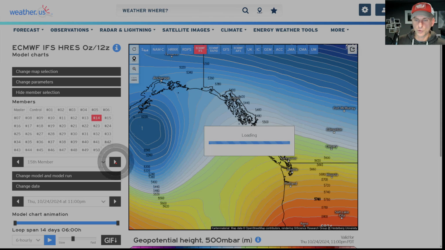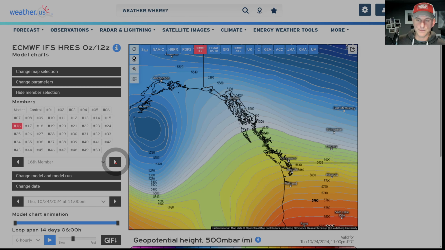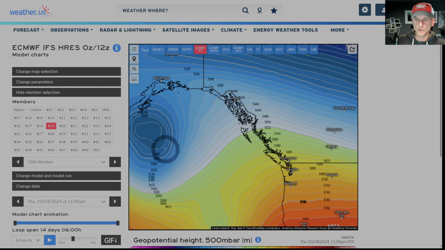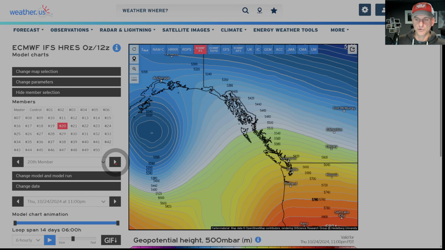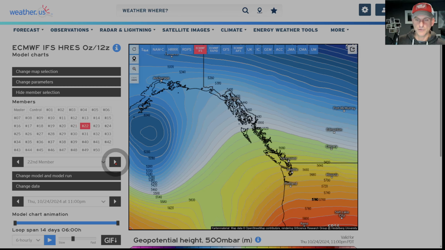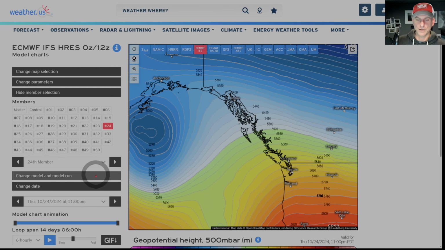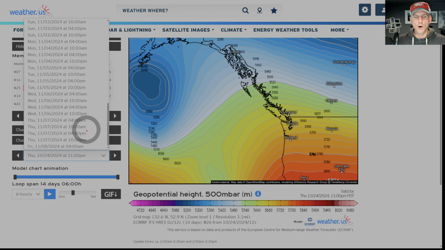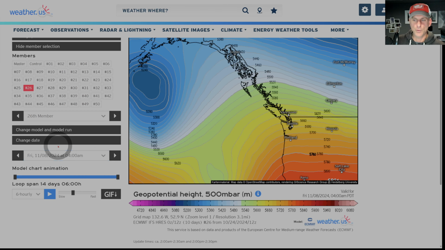And I'll scroll through here. And of course, in the short term, we have a pretty good idea of what the atmosphere is doing. So you can see a little shimmer, it's doing its little shimmy thing here, 500 millibars, kind of showing you what may be going on here in the short term as far as our understandings in these individual ensemble members. So if I scroll all the way out towards Friday, this is November 8th, 4 in the morning.